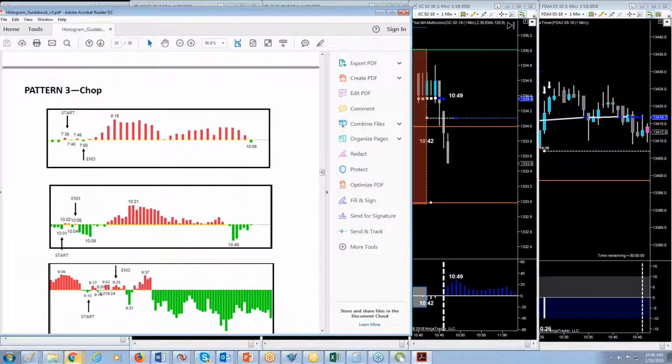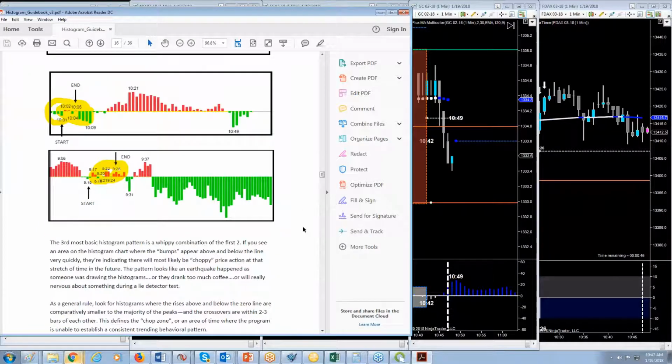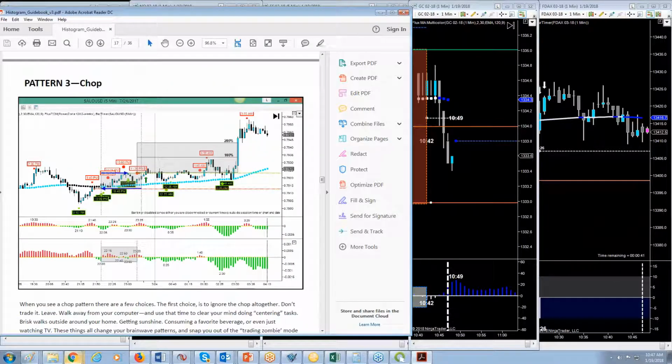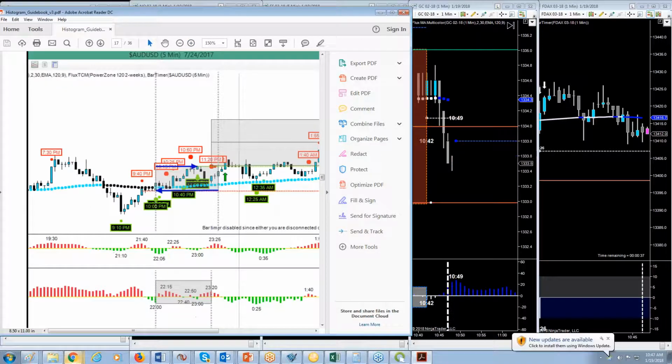When there's chop indicated on your prime histogram, or if you see a bunch of lines close together on your warp histogram, like this, you isolate where price was during that chop. So here in this example, Melissa, look, the chop is down below, right there. This is where people are going to get crushed. And I isolate that box where price was in that time frame. Does that make sense, AJ?